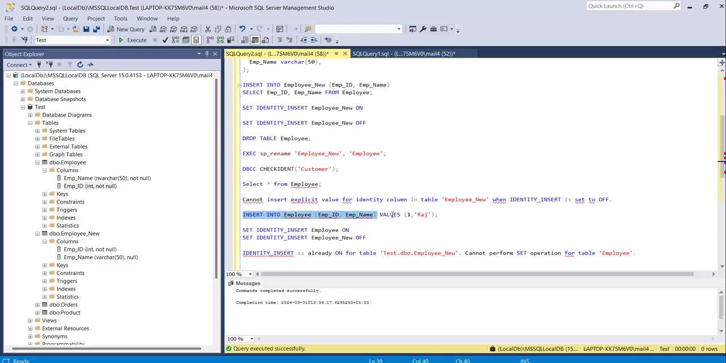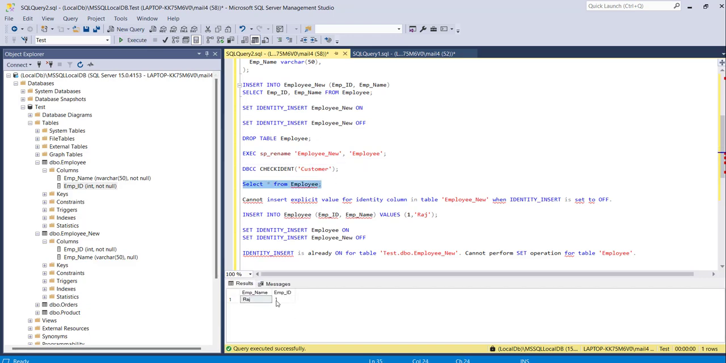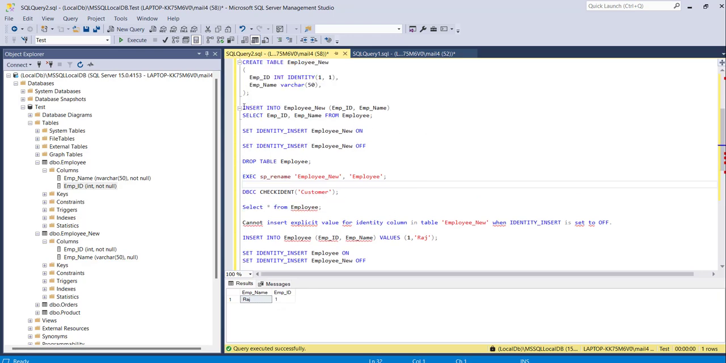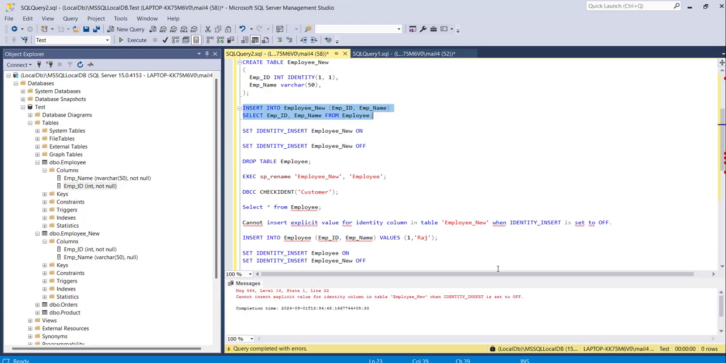Now we will insert a record in the old table employee. You can see one row is affected. Now our employee table has some data. If I go here and check, this is the data, Raj, and employee ID is one, right? Now I can copy the same data to my new table. If I execute this,